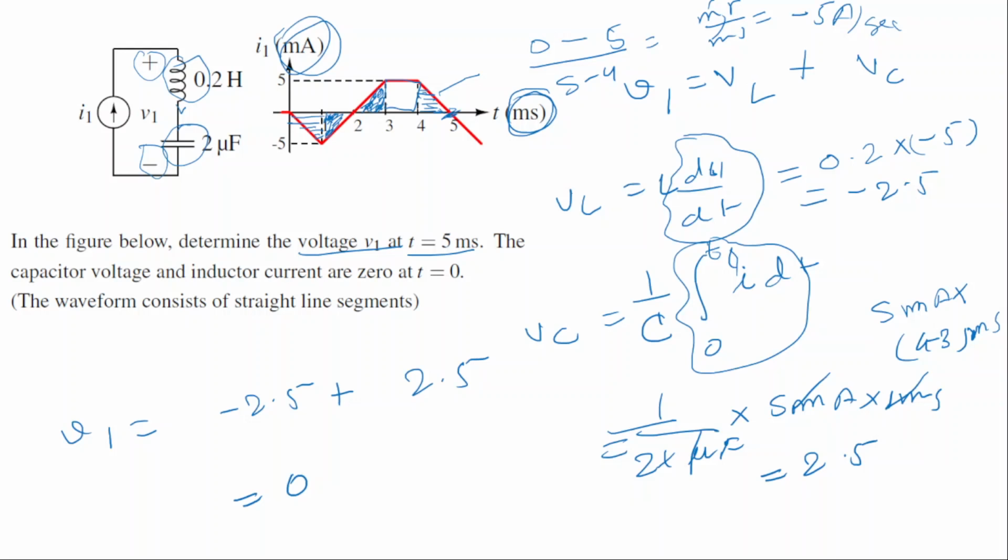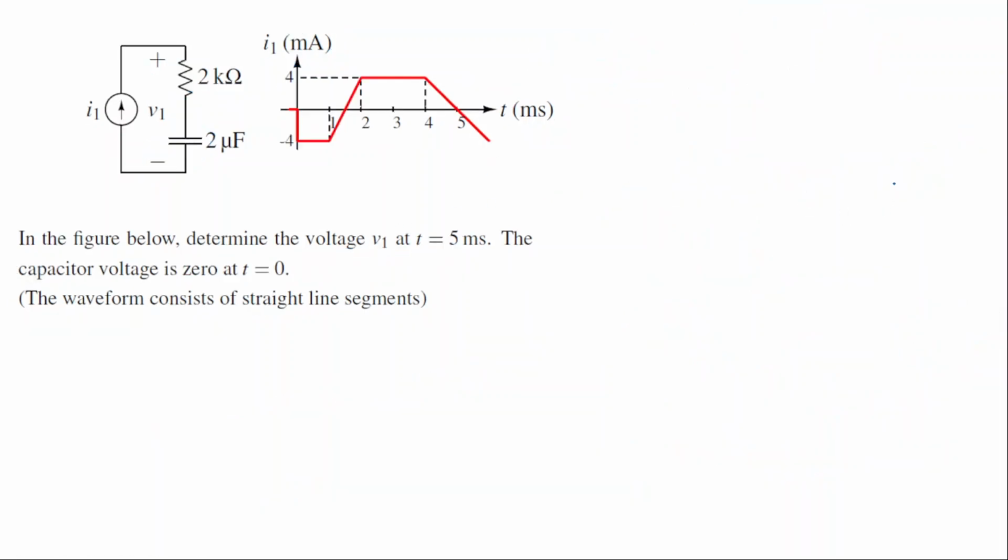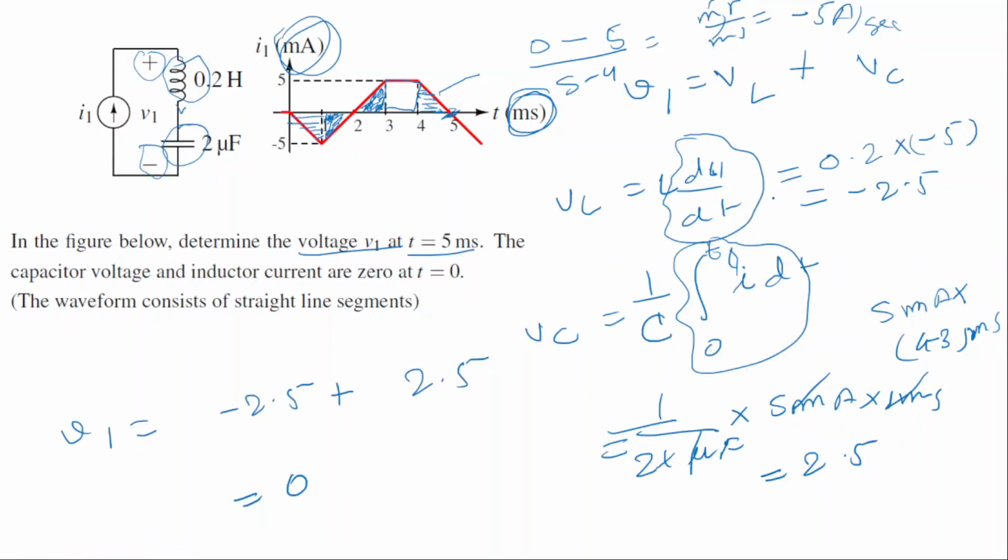Okay, with this let's move on. Does anyone have any question? Sir, VL is minus 1. Okay, sorry, thank you for correcting. I did it wrong. So this will be minus 1. Thanks for reminding. So the final voltage will be equal to 1.5. Thank you for reminding.